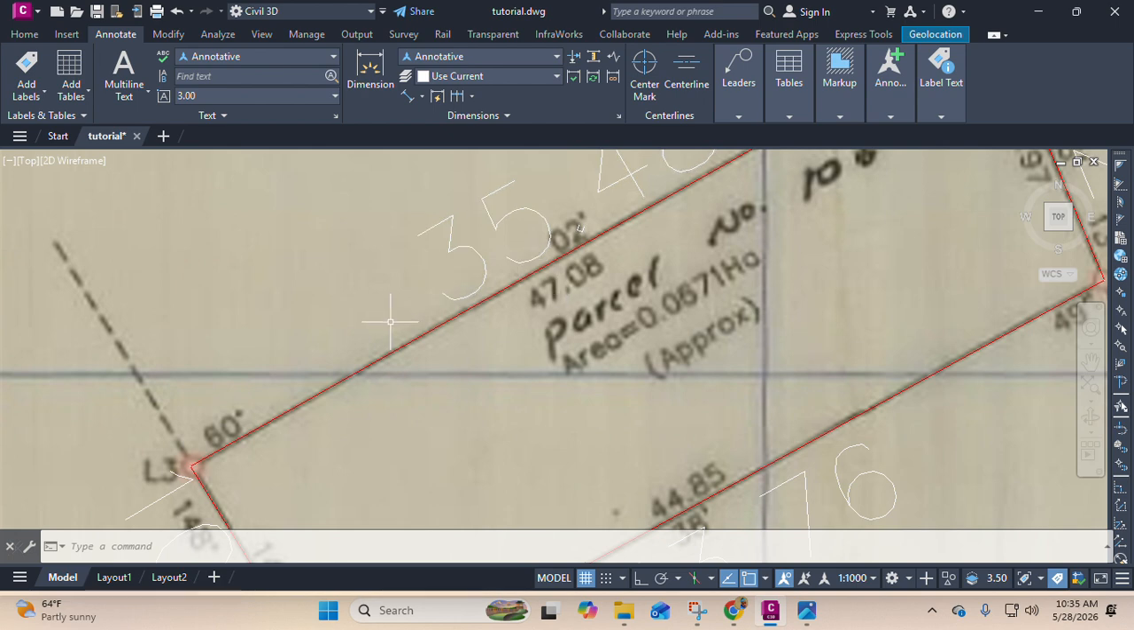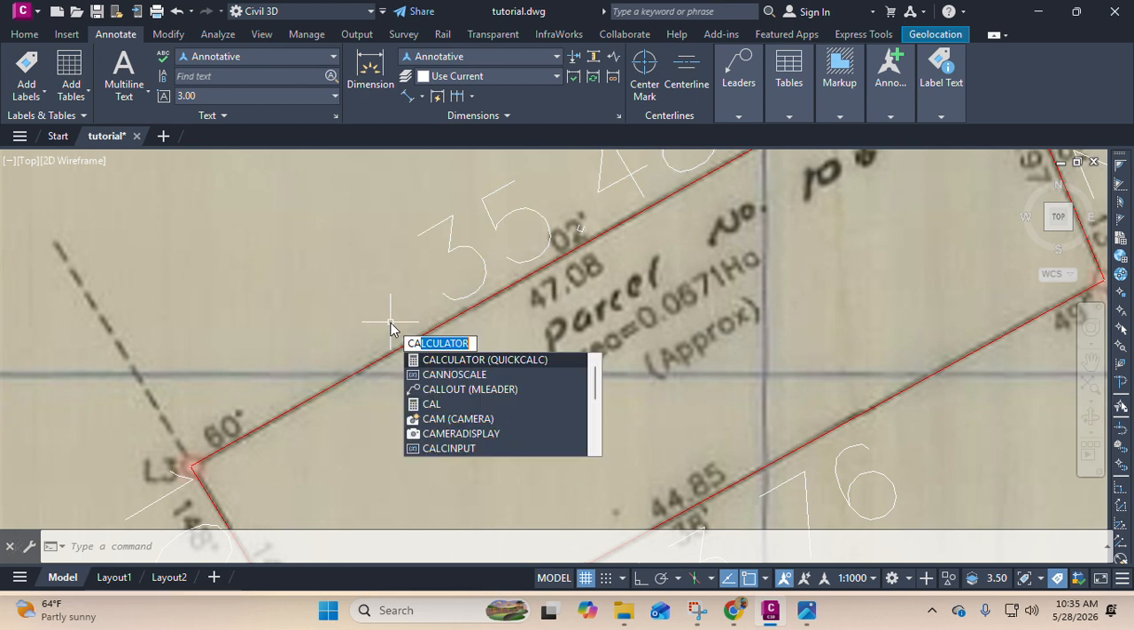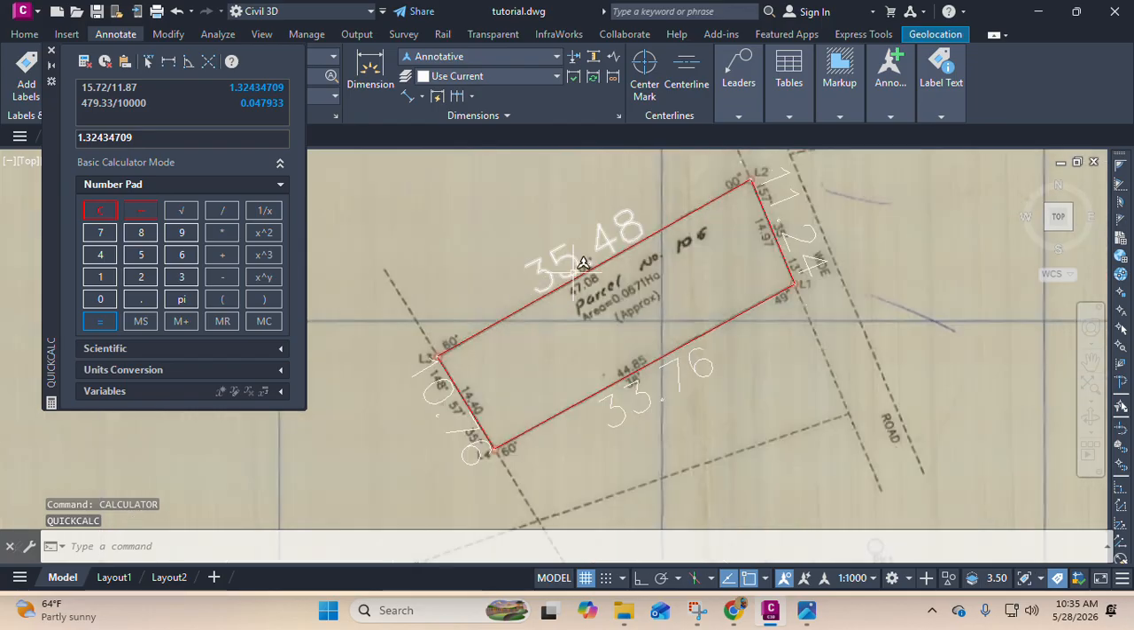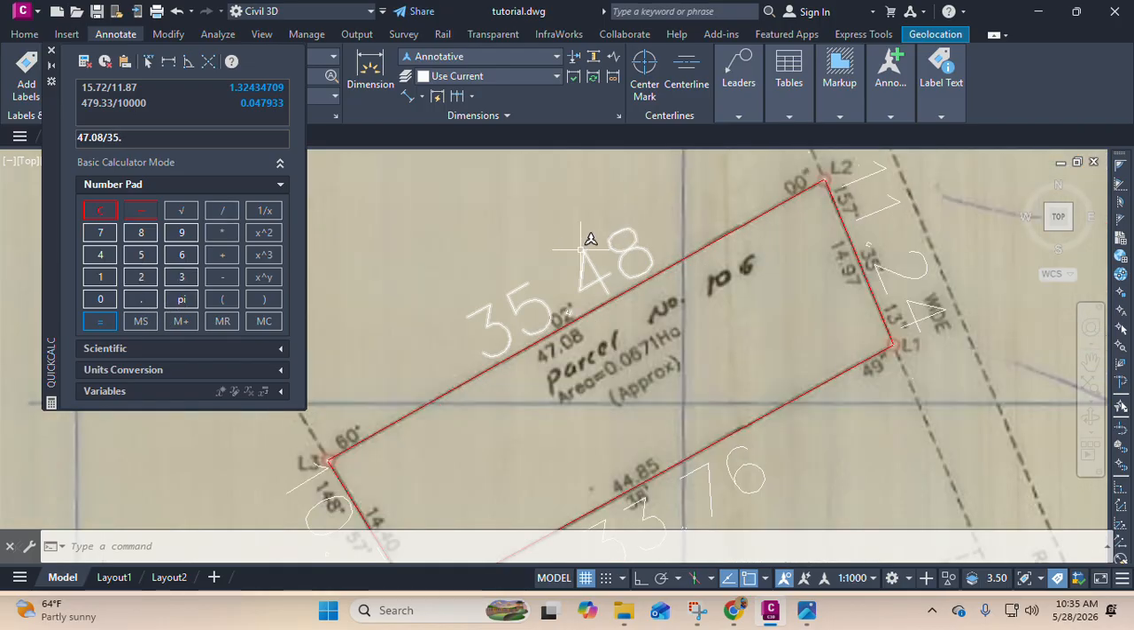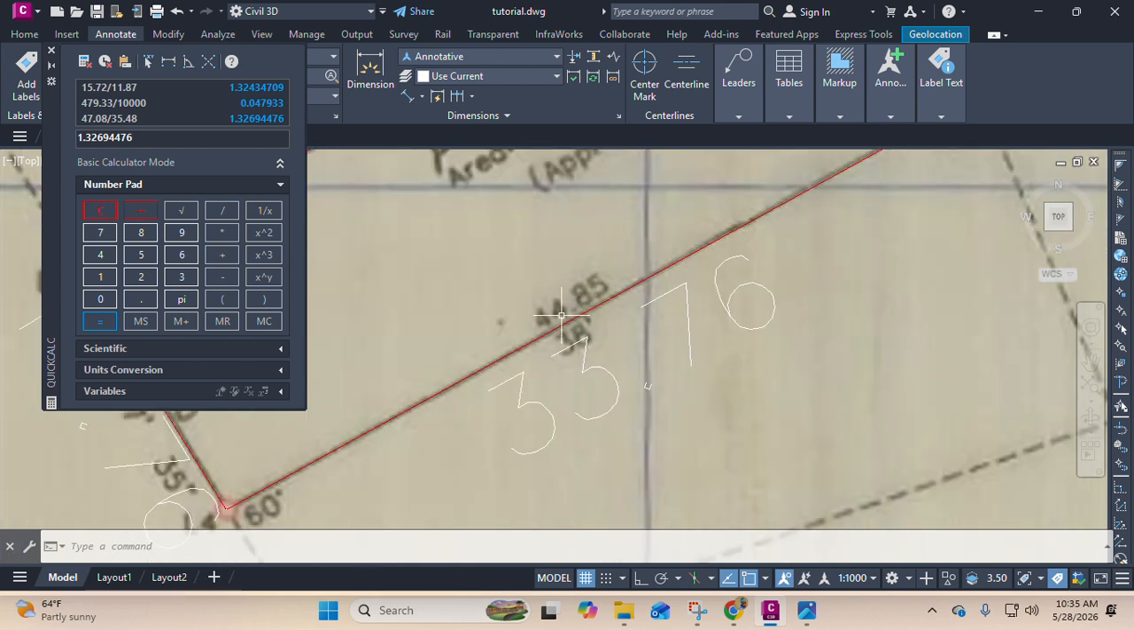Let's type calculator. Divide 47 by 35. 47.08 divided by 35.48. Let's see what it is: 1.32. You can see the moment you do your calculation, it goes to the record, 1.32, whatever. So you can also measure, we can also